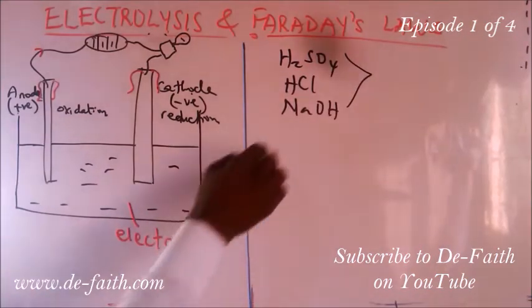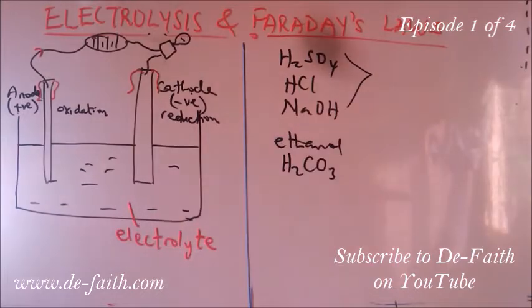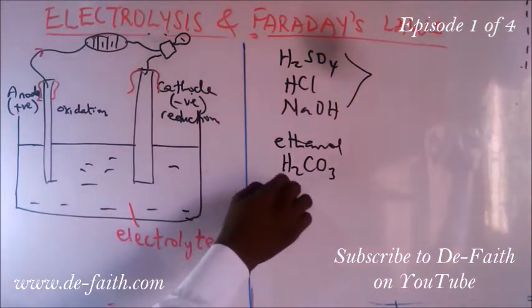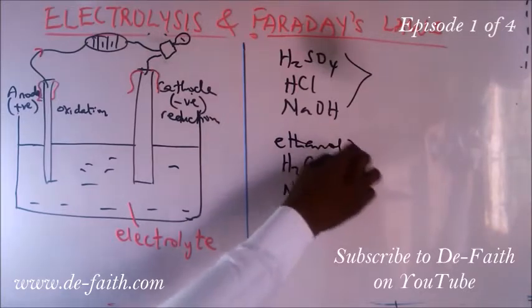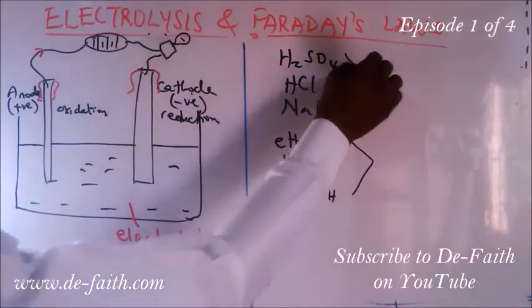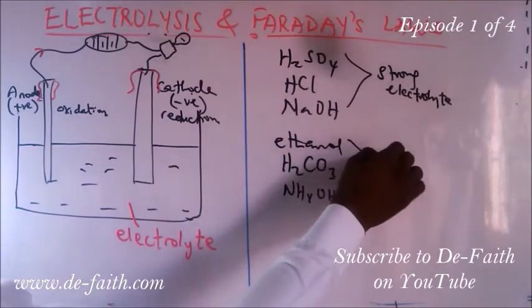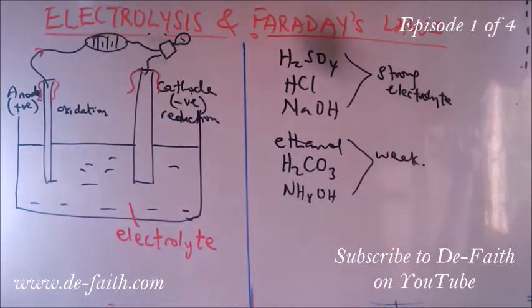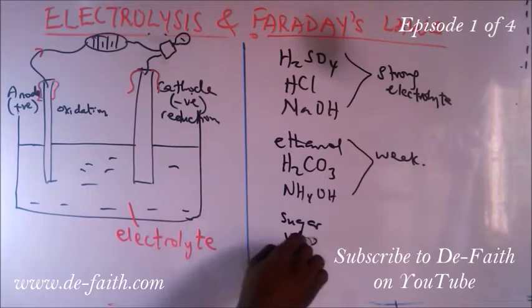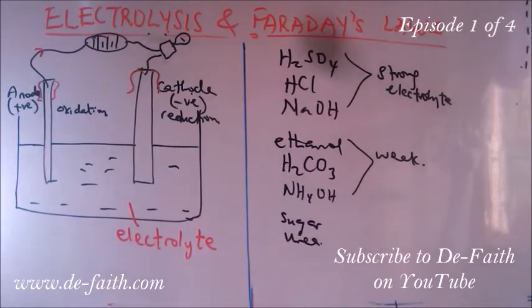Examples of weak electrolytes, we have ethanol, trioxocarbonate(IV) acid, we have NH4OH. All these are examples of weak electrolytes. So these are strong electrolytes, and we have weak over here. Then examples of non-electrolytes, we have sugar, urea. They are examples of non-electrolytes that even when they are dissolved in water, they will not permit the flow